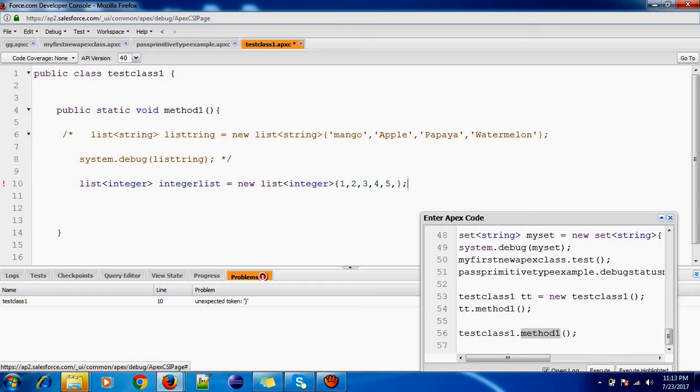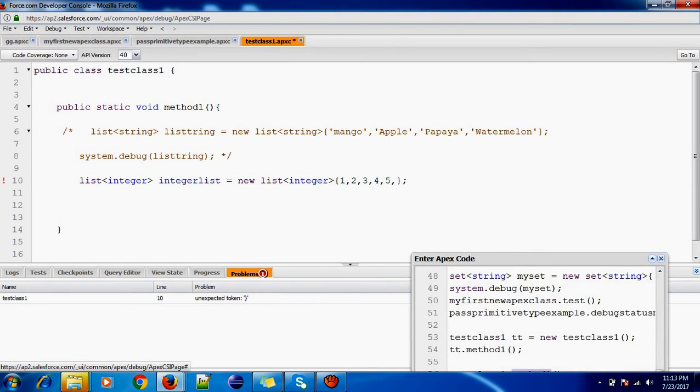List of integer list is equal to new list of integer. Okay, so what's the mistake here? Can you figure it out? Semicolon is important. Yes, list of integer list is equal to new list of integer.